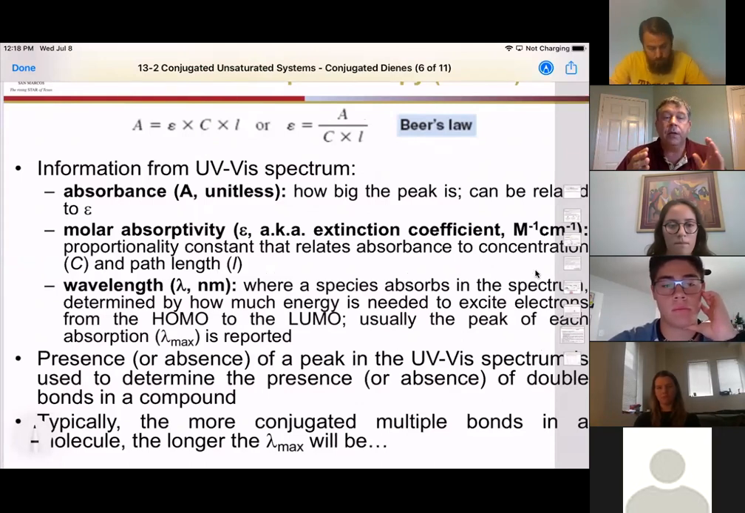Okay, so the absorbance is related to the molar absorptivity of the compound. The absorbance is basically how big the peak is, how much light it absorbs, okay? The molar absorptivity, which we occasionally call the extinction coefficient, is independent, based on the compound, okay? So one compound will have one molar absorptivity and another compound will have a different one. And what that means is how efficiently it absorbs that light and at what concentration it starts to absorb